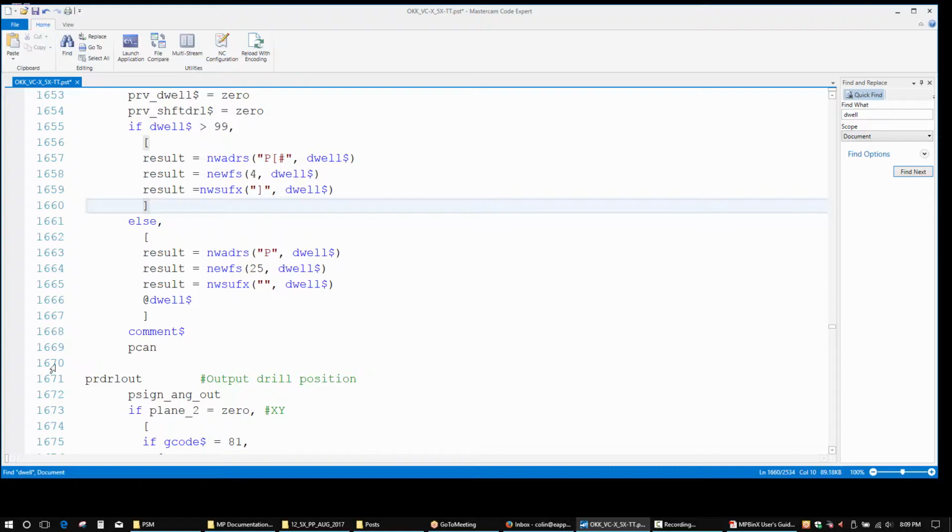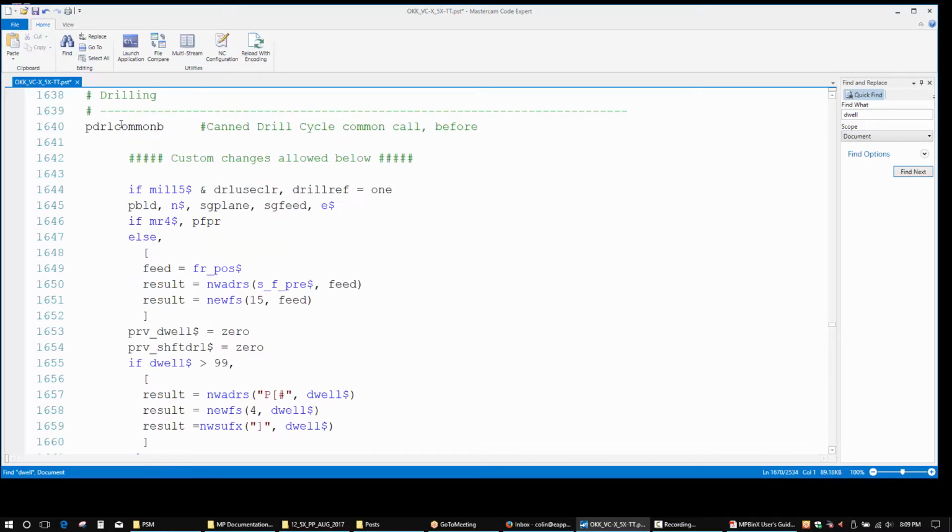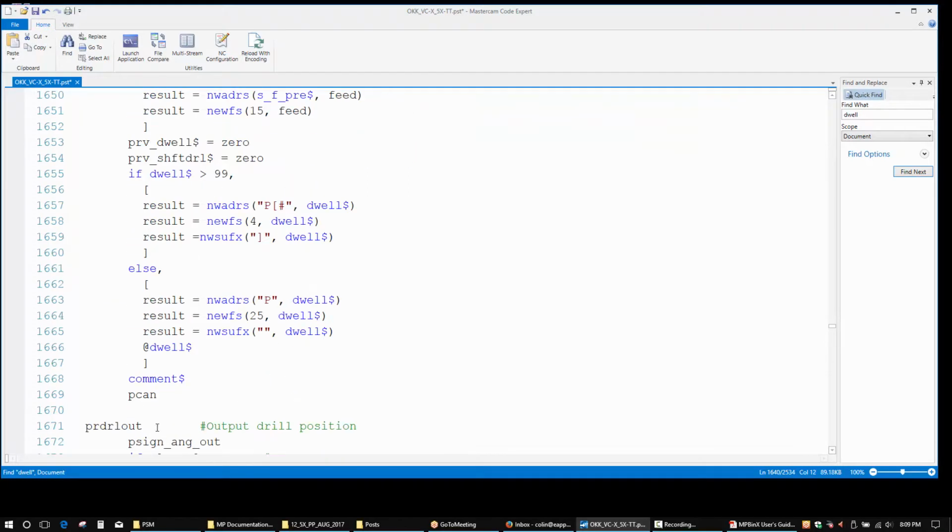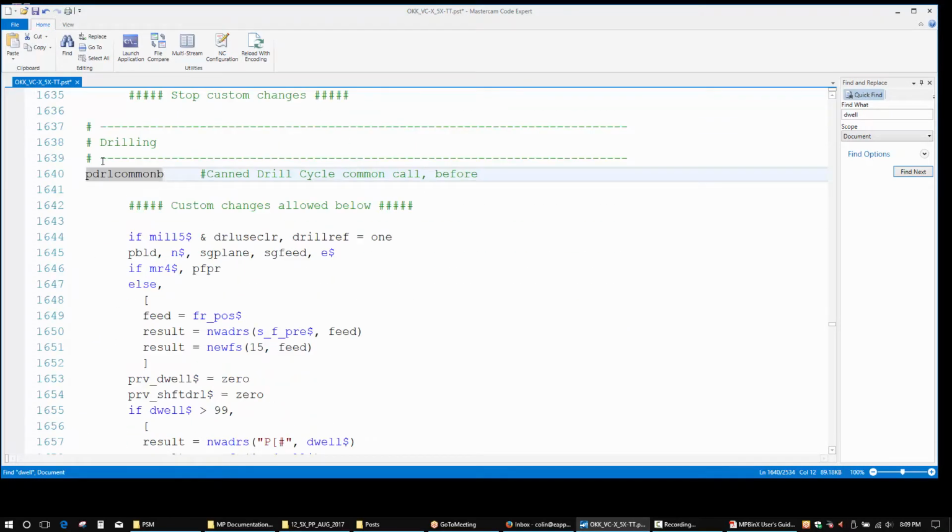So basically, let's say, for example, we wanted to encrypt pdrill common B, because we've done a bunch of work in here. We could go and say, all right,